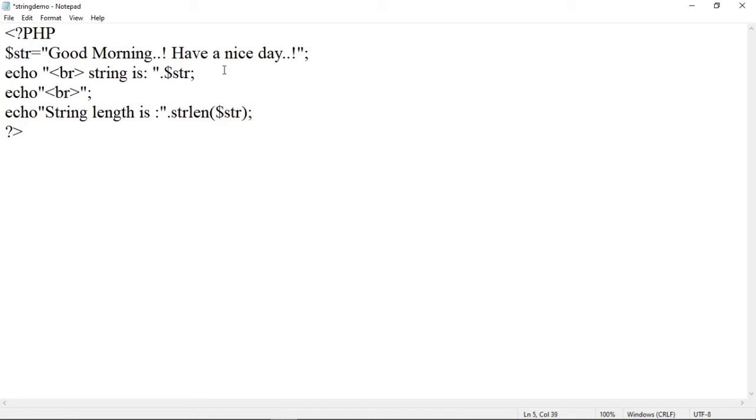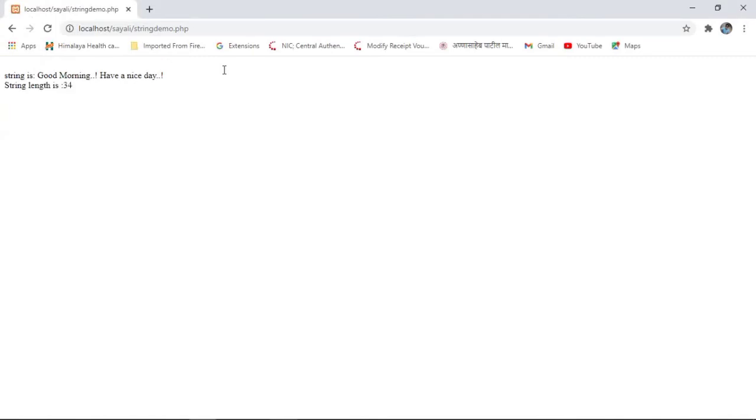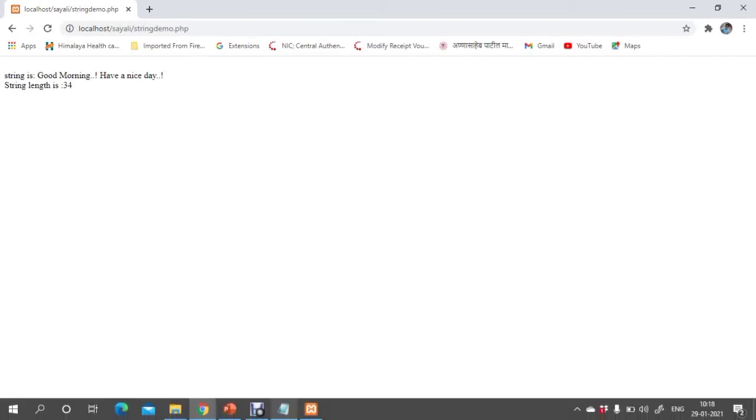Now again save this program and let us refresh the page. See here, string length is 34. You can count the number of characters within this string. That number will be 34. Okay. Now